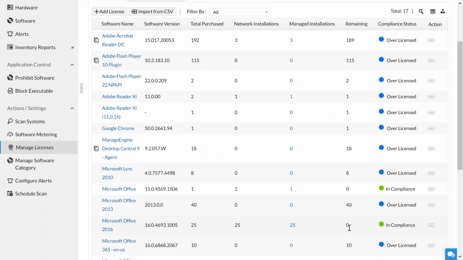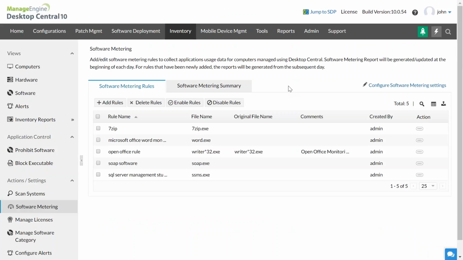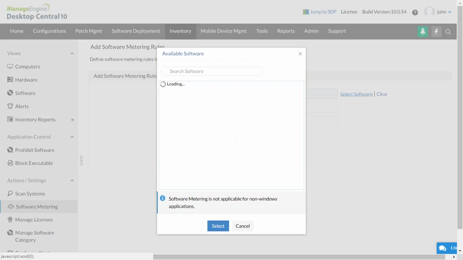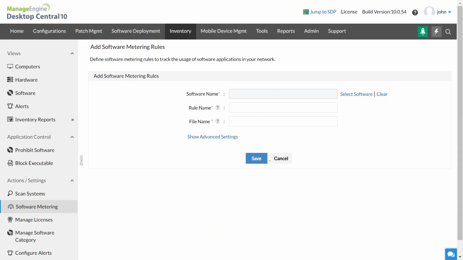But before I go for the new purchase, since I'm having Desktop Central, how can I effectively use Desktop Central in order to minimize my costing on the license purchase? Well, let me show you how this could be feasible by going into the software metering. The software metering is a kind of a feature which helps you to identify how effectively an application is used in the network. So in order to manage this report, we are going to add a rule. Specify the application name. Again, we have all the benefits for you. You can just search for the application which you want to fetch and add that application